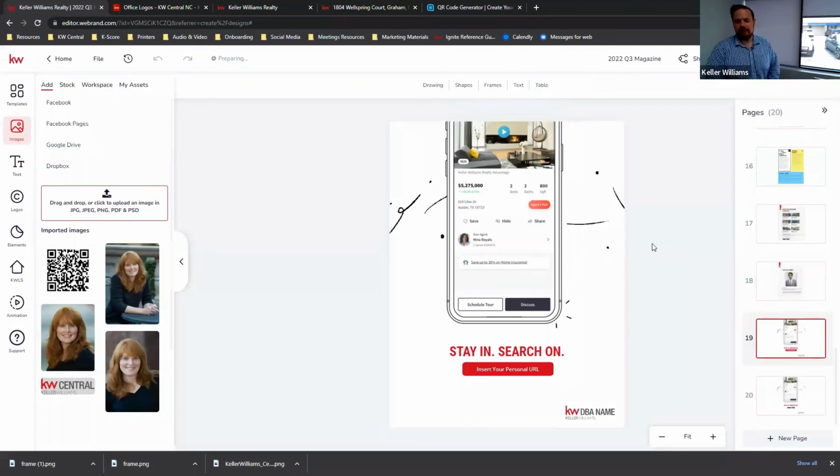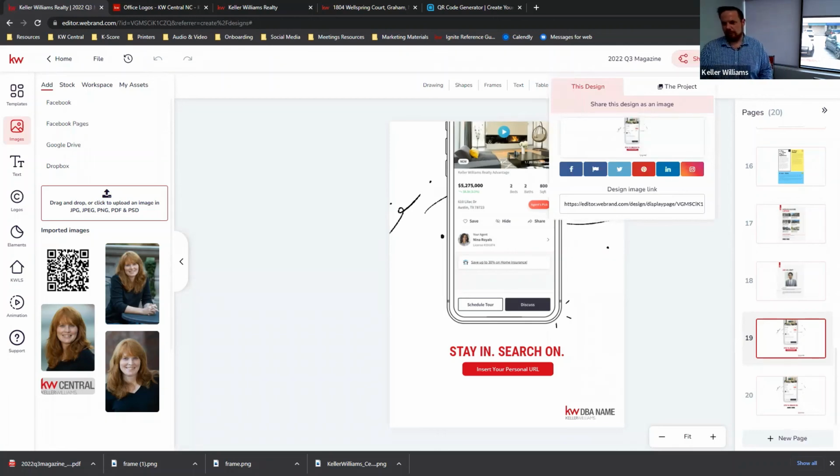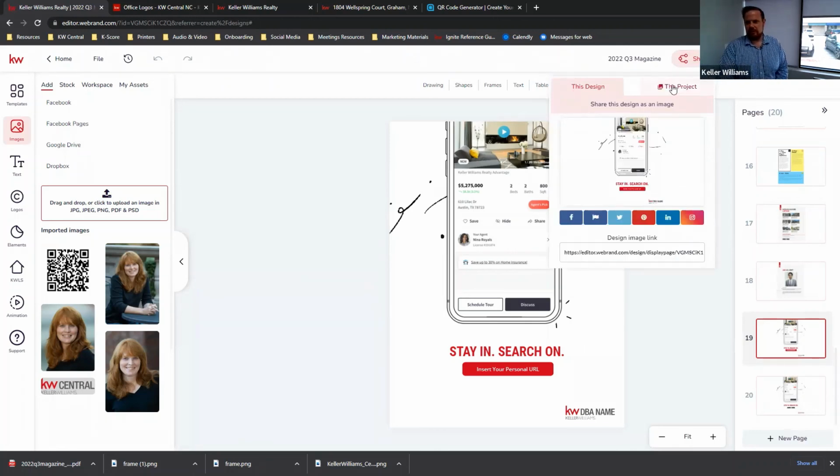Now, that's great if you want to go print it. Not so great if you want to share it with people. And a lot of people would prefer the digital copies to the physical copies. Or not necessarily prefer, but for the sake of your wallet, you would prefer to send out digital copies to everyone you know, and maybe just print out the stuff where you think you would get the most response. So there's a share button up here at the top. And I did not realize this until I had made one, but it's actually fantastic.